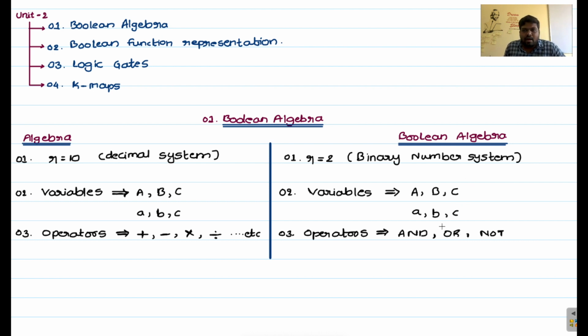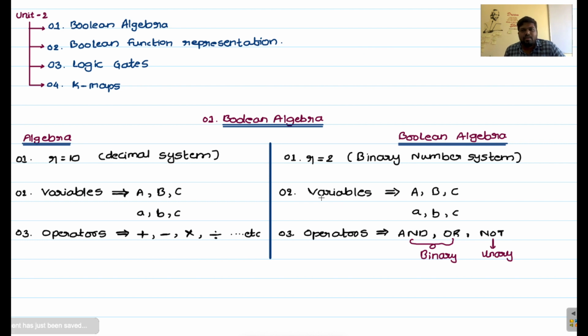So these AND and OR operations are called binary operations. These two are binary. Why? Because we are using two variables, right? Whereas the NOT operation is called a unary operation. Unary operation. Why? Because we are using only a single variable. We provide a single variable as input to the NOT, and we get a single output. That means the entire NOT device will operate with only a single variable. That's why we call it a unary operation. The AND and OR operators are called binary operations. So these are the differences.